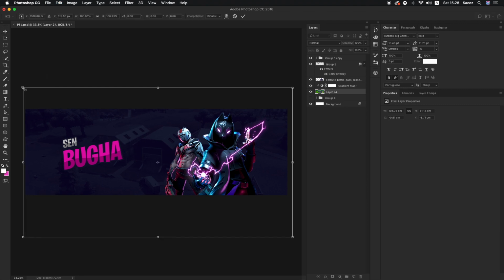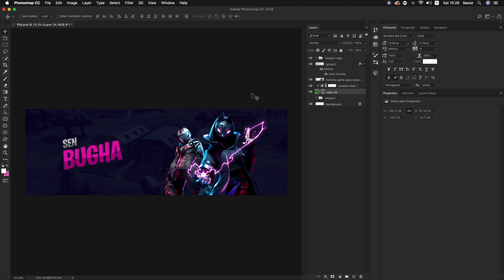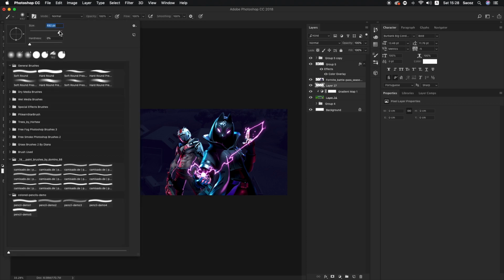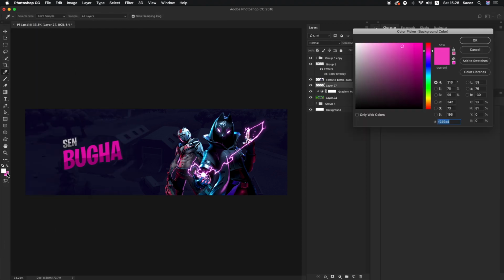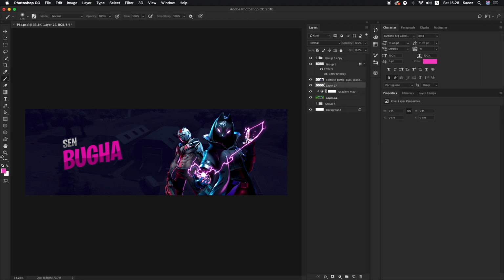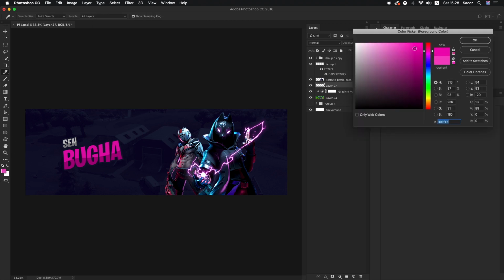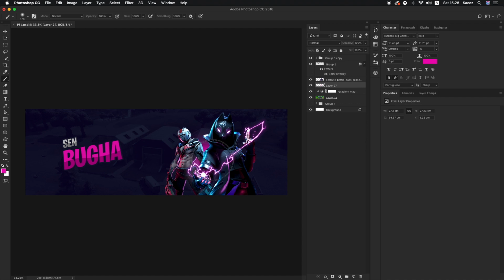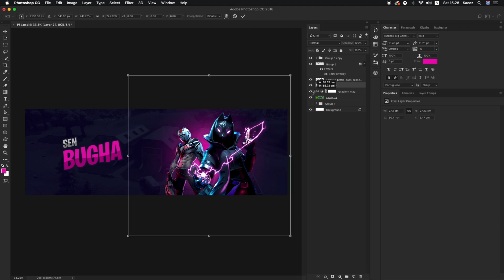Make this bigger, and then we can get on with the lighting and stuff. So let's get started. Basically, what you want to do is make a layer behind our characters. Make a really big brush, then press X to switch, and make sure it's around that color, and just click and resize it afterwards, like around there,